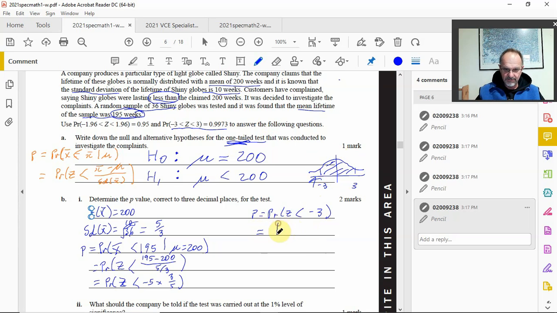So what's left over, of course, it's all out of 1, so it's 1 minus 0.9973. But of course, that's shared. What's left over is shared equally, because the normal distribution is symmetrical. All right, so this is 0.0027 over 2, which happens to be